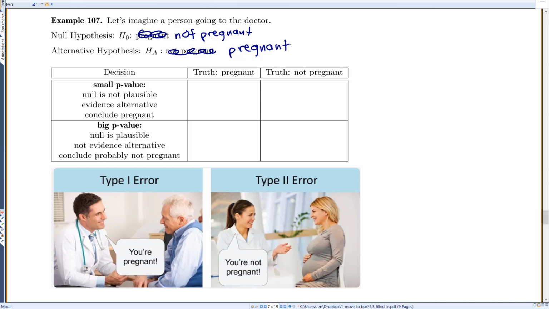So if you think about it, there are two options. Either you're pregnant or you're not. Okay, as far as the truth, pregnant or not pregnant. But there's two decisions we can make. Okay, so if we get a small p-value, that means the null is not plausible. So it's no longer plausible that you're not pregnant. So we have evidence for the alternative. We have evidence that you're pregnant, and we conclude that you're pregnant. So if you're really pregnant and we conclude that you're pregnant, that would be,